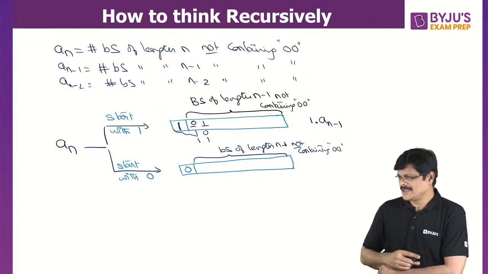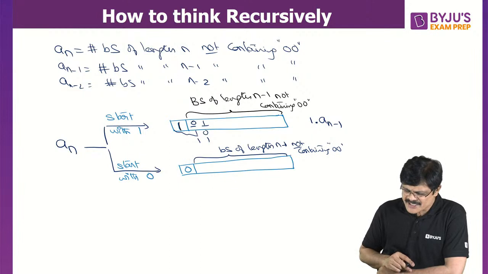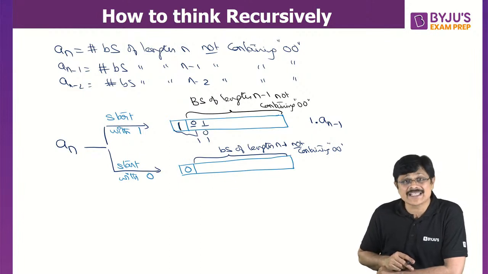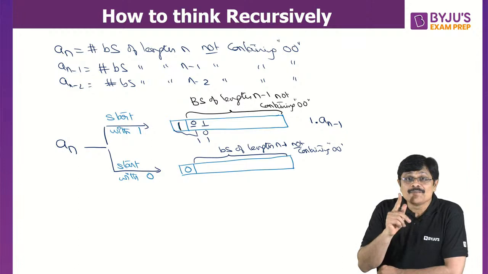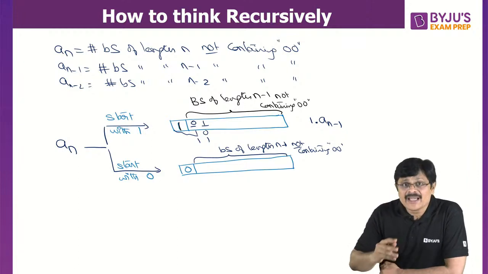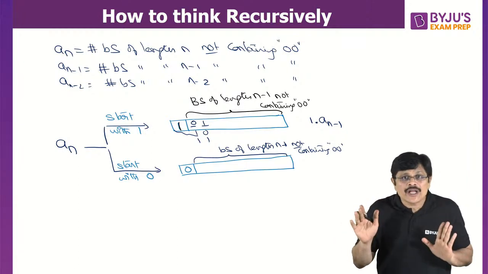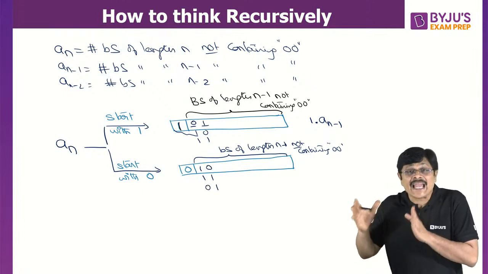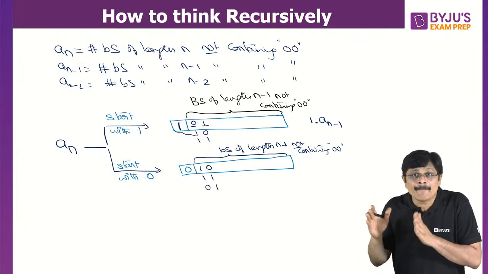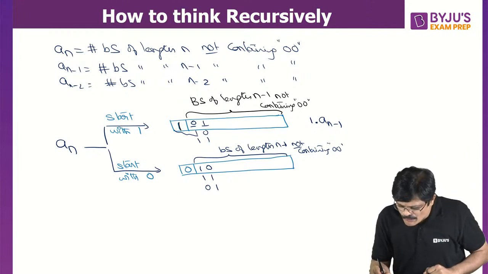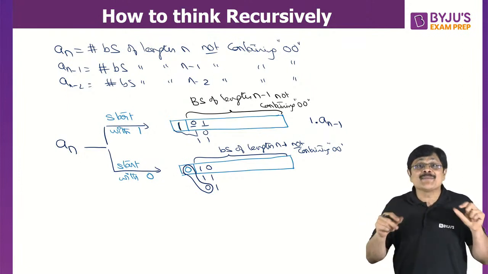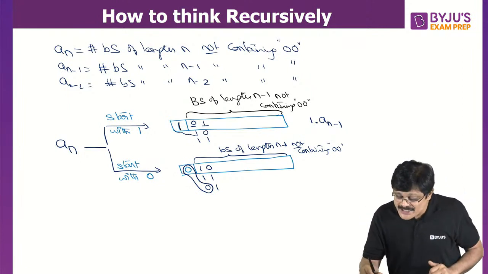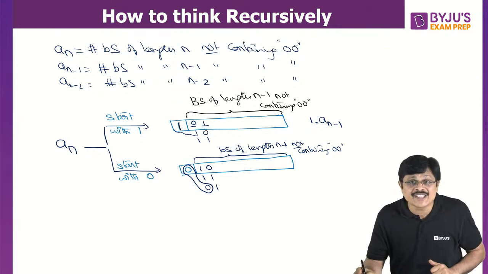ले सकता हूं. बाइनरी स्ट्रिंग ऑफ लेंथ n-1 नॉट कंटेनिंग 0 0. ध्यान से देखिएगा. ये n-1 स्ट्रिंग में 0 0 नहीं है, सो या तो ये 1 0 होगा, या तो 1 1 होगा, या तो 0 1 होगा। ये n-1 स्ट्रिंग में 0 0 नहीं है, बट इफ यू अपेंड 0 0 1 नॉट ए प्रॉब्लम, 0 1 नॉट ए प्रॉब्लम, बट 0 0 n स्ट्रिंग में 0 0 आ जाएगा। सो इट इज नॉट जस्ट बाइनरी स्ट्रिंग ऑफ लेंथ n-1 नॉट कंटेनिंग 0 0,